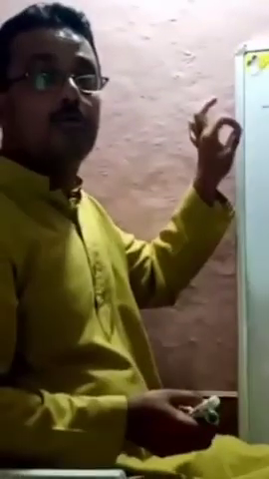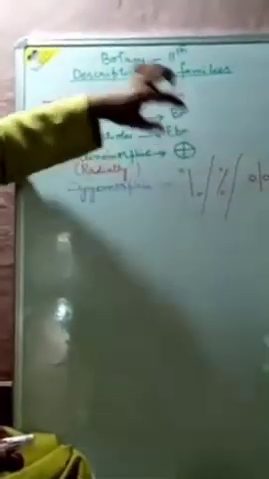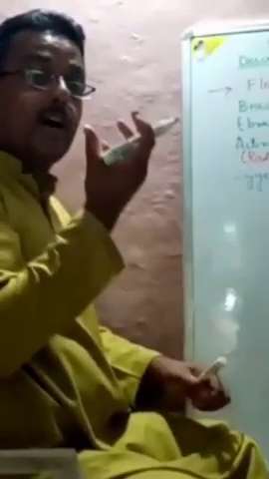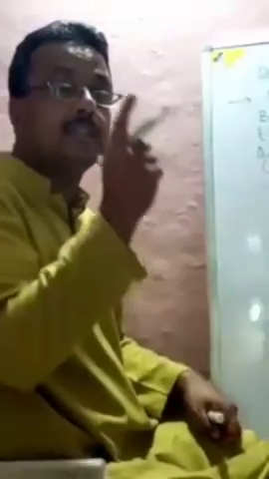This zygomorphic condition, actinomorphic, means when the flower can be cut into two equal parts in any plane. ज़ाइगोमॉर्फिक में हम क्या करते हैं, इसका जो सिंबल है एक्टिनोमॉर्फिक है, दिस इज लाइक दिस. ज़ाइगोमॉर्फिक ये भी ठीक है, ये भी ठीक है, दिस साइन इज आल्सो राइट. लेकिन जो हम ज्यादातर इस्तेमाल करते हैं दैट इज दिस परसेंटेज, जो मैंने परसेंटेज लिखा लाइक दैट. दिस इज ज़ाइगोमॉर्फिक में हम क्या लिखते हैं कि जो फ्लावर होता है इट कैन बी डिवाइडेड इनटू टू इक्वल पार्ट्स ओनली इन वन प्लेन.